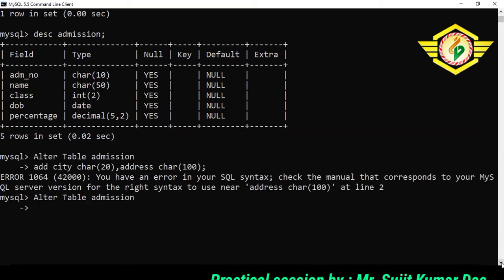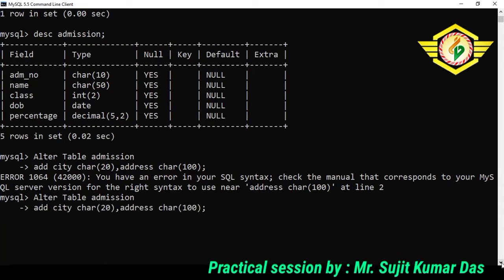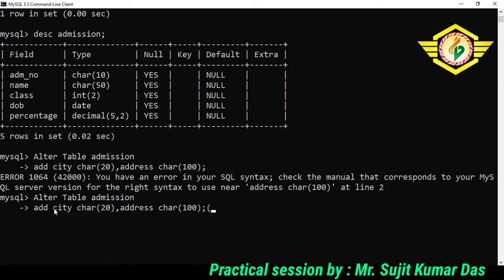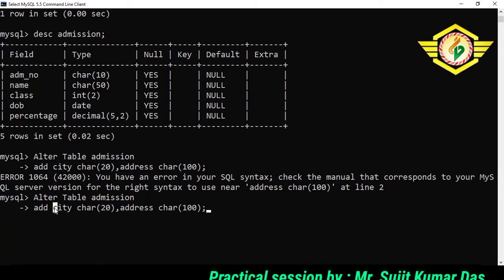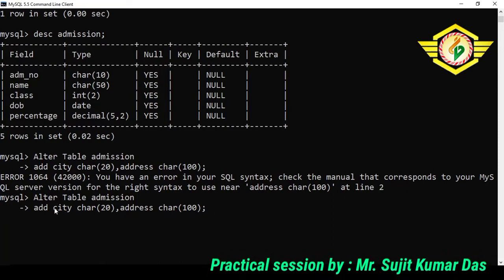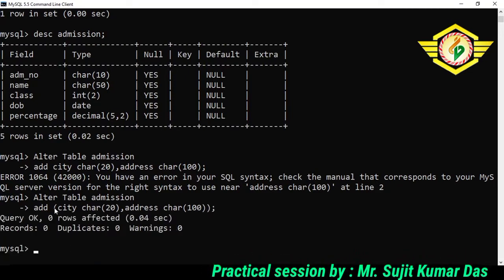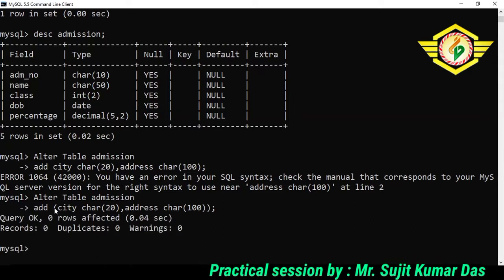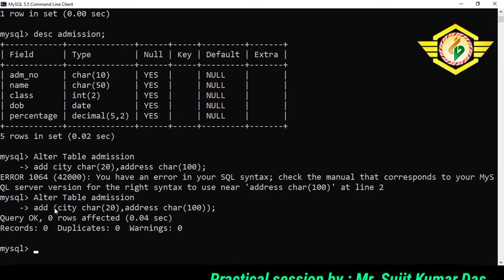What this error is, I think the error is in adding a column. Adding a parenthesis here. Okay, so we have to add parentheses if we are adding more than one column.